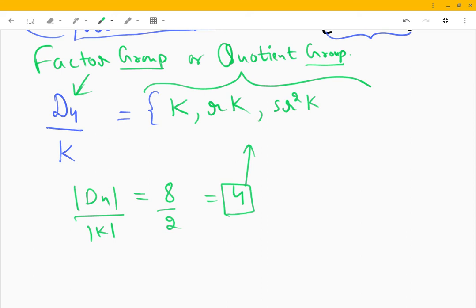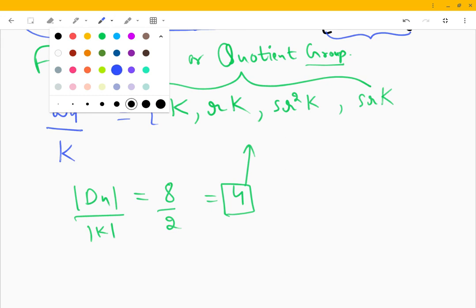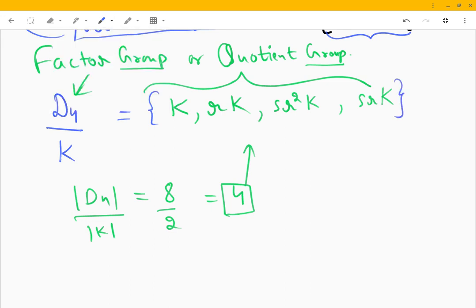And see, Rk was the same as R cube K, this was the same as Sk. What is left? Sr is left. So Srk, not the Srk we are thinking. Okay, Srk, these are the four elements of this group, this quotient group or factor group D4 by K,